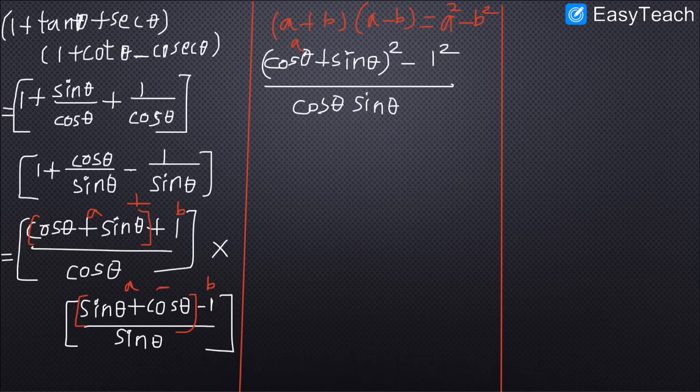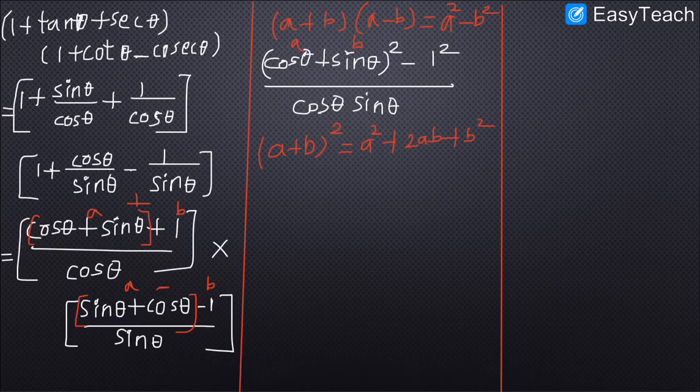So again I am going to apply one formula, which is A plus B. So this time consider cos theta as A, sin theta as B. So you cannot write this step as cos square theta plus sin square theta. So you cannot think this square is common. So you can write cos square theta plus sin square theta? No, that is wrong. So I am going to use the formula A plus B whole square.